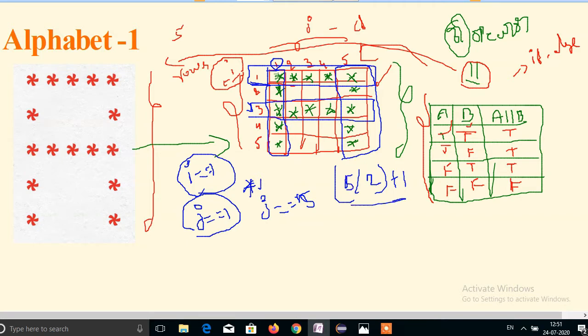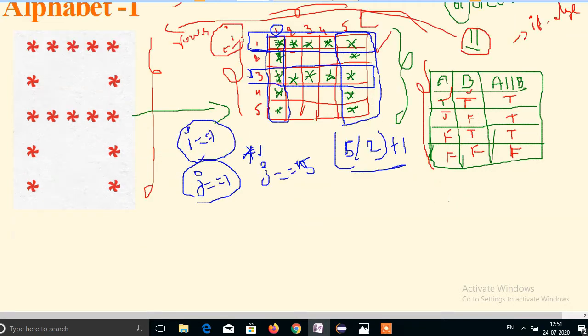Why I take 5 in the program, I will tell. Now 5 by 2 gives 2.5, but we have taken the value in integer, so it will convert to integer type, so it will be 2. Then 2 plus 1 equals 3, so the I value is 3.